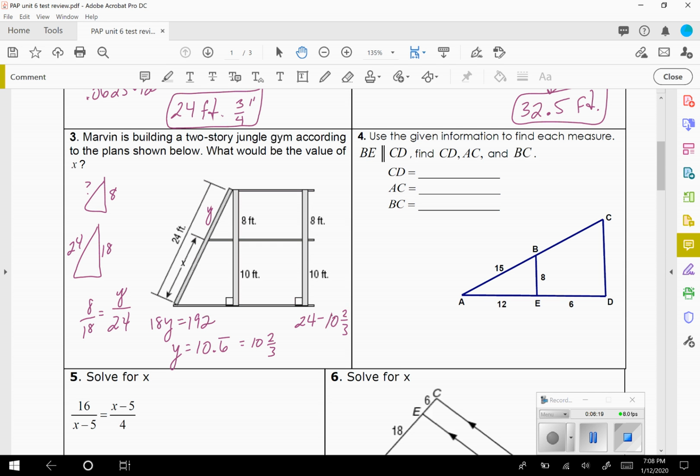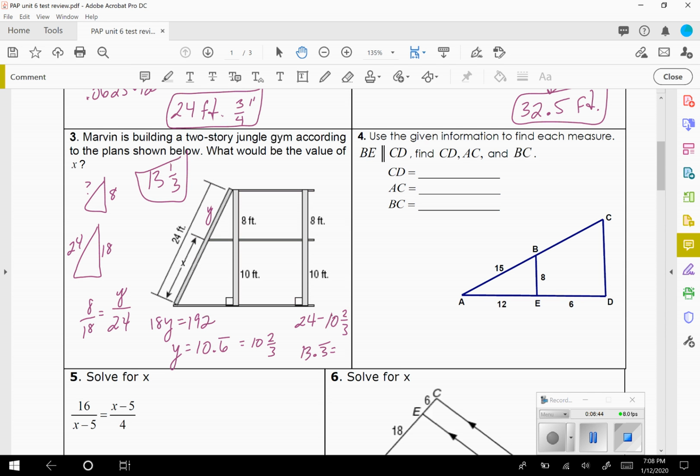So 24 minus 10 plus 2/3. Okay, and it's 13.3 repeating, aka 13 and 1/3. Okay, number